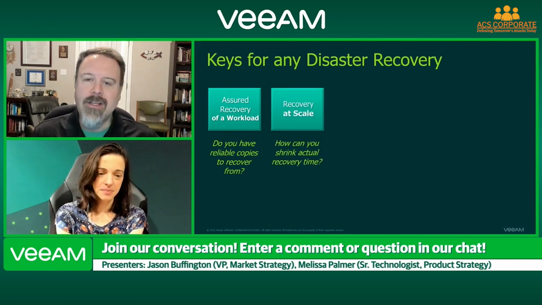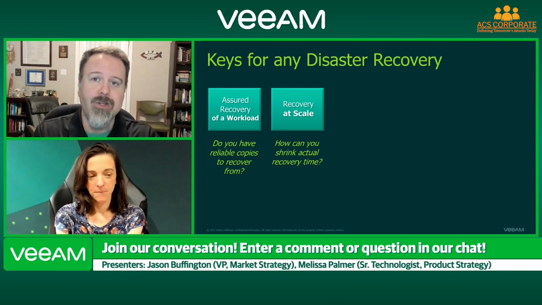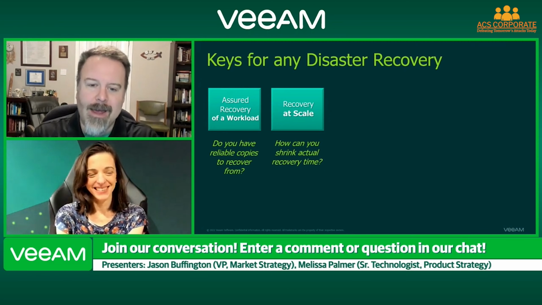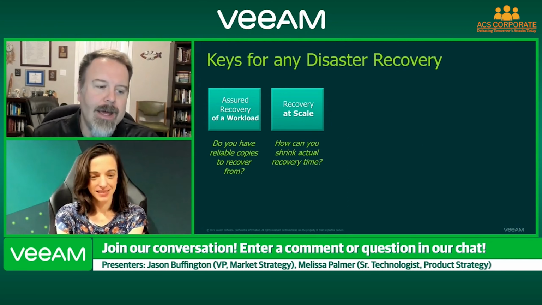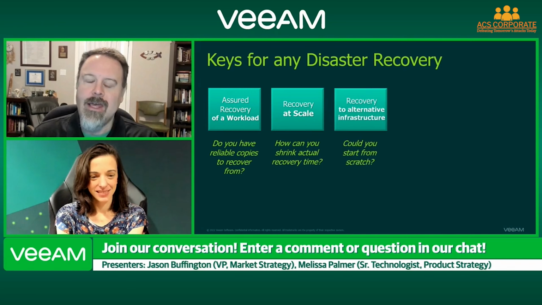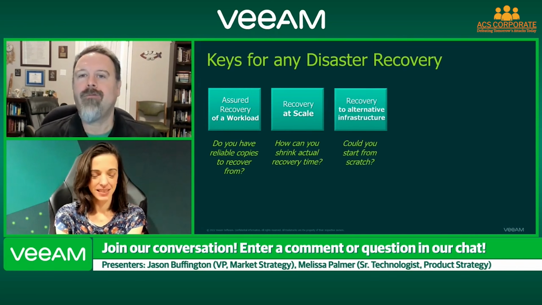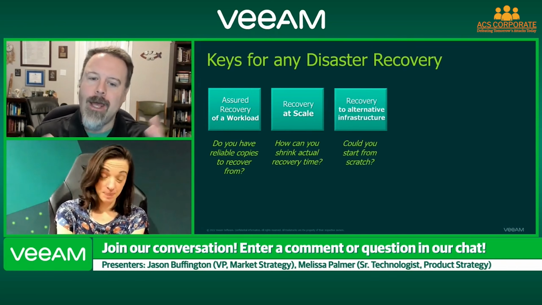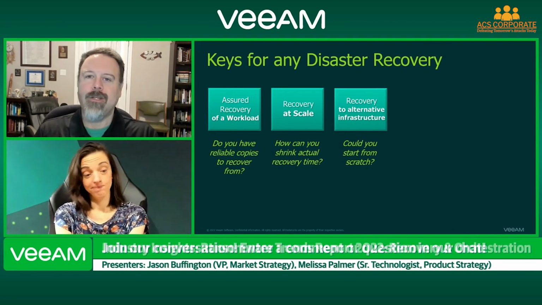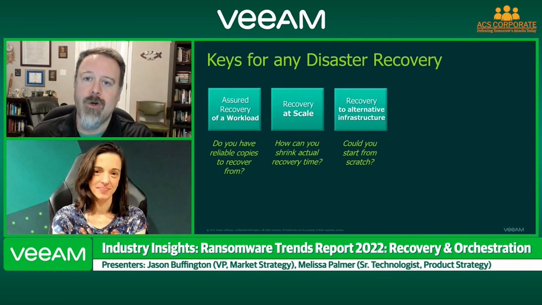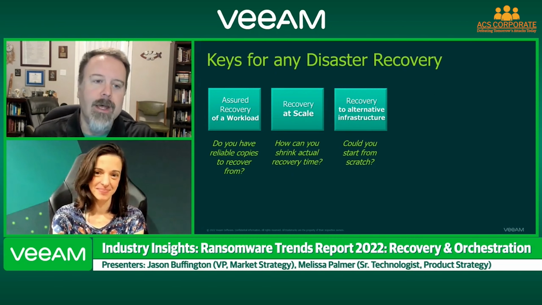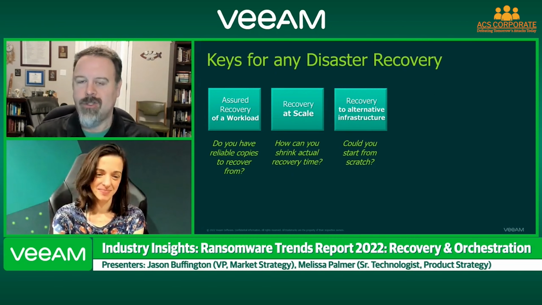The next thing is, and of course, this is your love language, how do we shrink the time to recover any given workload? We're going to talk a little about Orchestrator and some of the things that you've been doing around that. And then lastly, what if the primary infrastructure is gone? You're not putting it back where it came from. You're putting it back to a secondary site, an alternative infrastructure, cloud, or provider. This is what every disaster looks like: fire, flood, earthquake, tornado, etc.